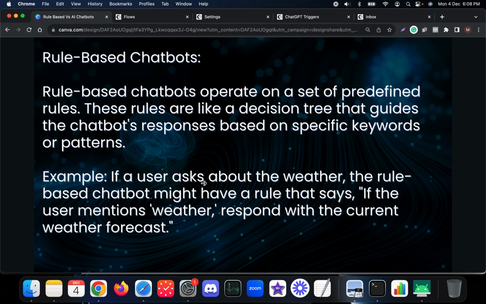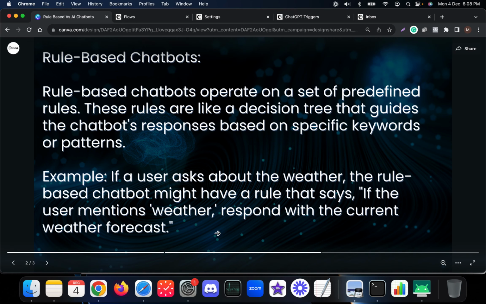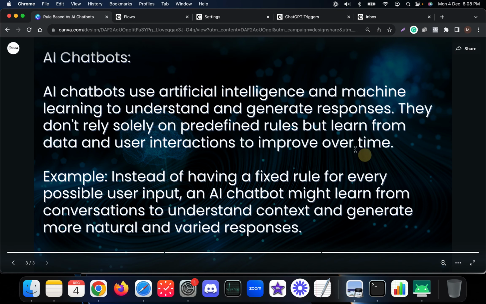For example, if a user asks about the weather, the rule-based chatbot might have a rule that says if the user mentions weather, respond with the current weather forecast, something like that. But in the case of AI chatbots, they use artificial intelligence and machine learning to understand and generate responses. They do not rely solely on predefined rules, but learn from the data and the user interactions